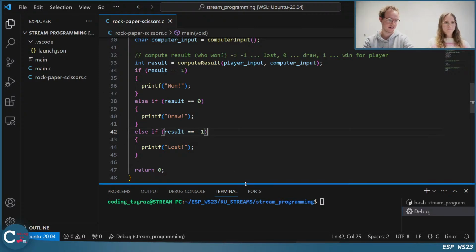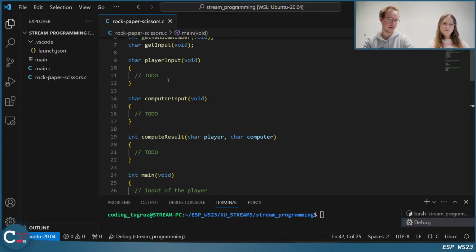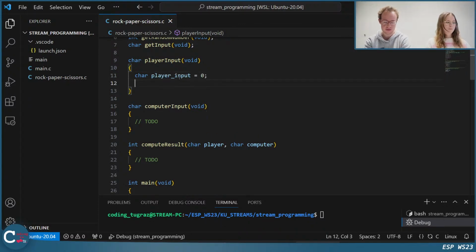Okay, then we continue with implementing those functions, and we maybe start with the player input because this is the first thing that's an open to-do. And now what should we do here? So it would be really nice to have some player input, and I will initialize it with 0.